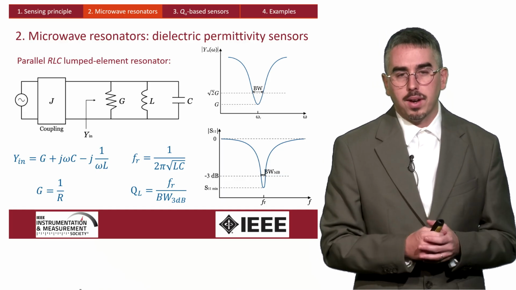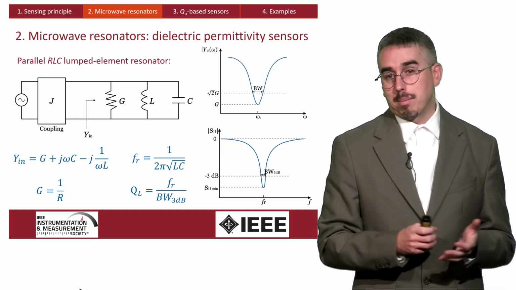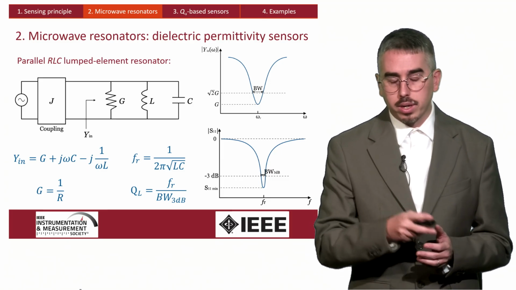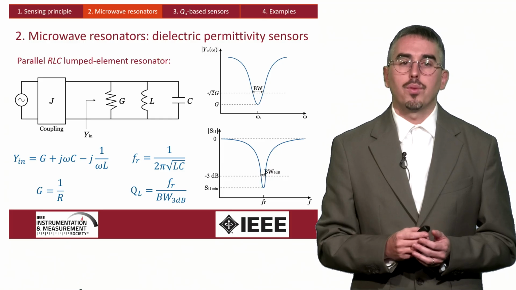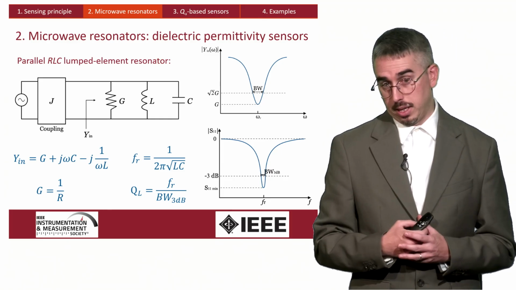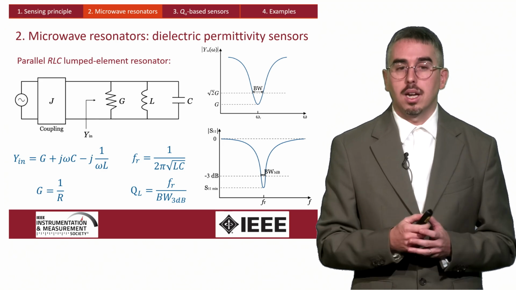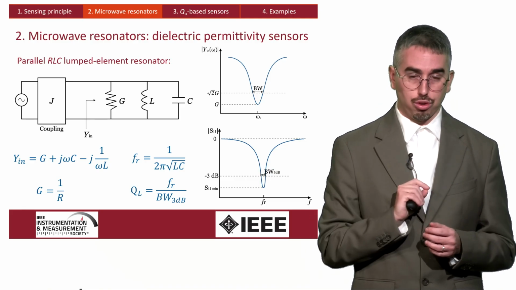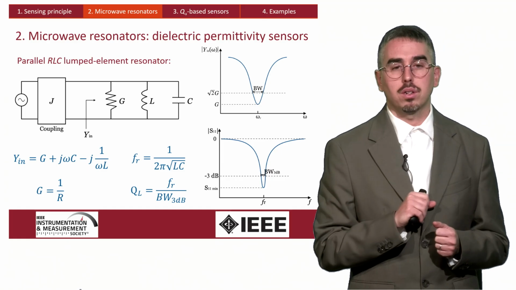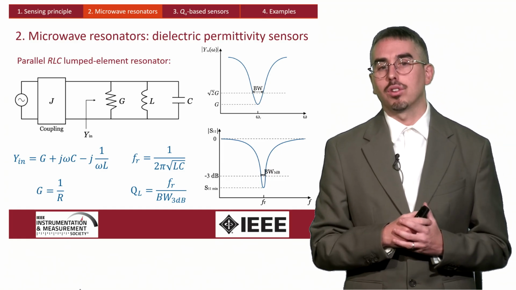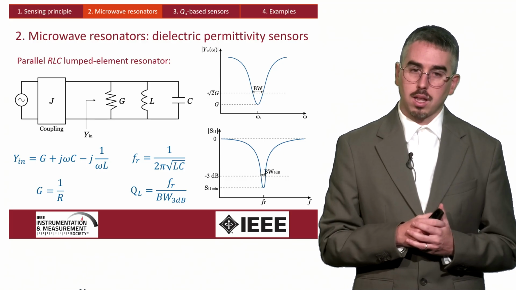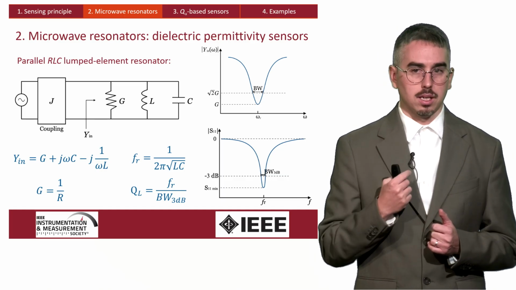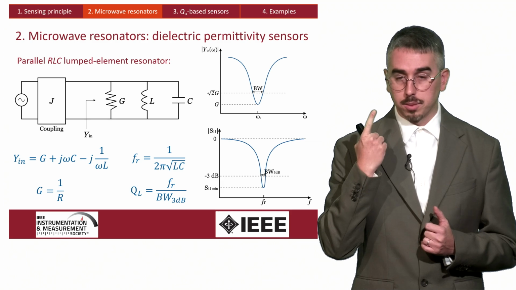Here we can see a very simplified model of a microwave resonator that can be modeled with a simple RLC circuit, either in series or in parallel. Here we can see the model in parallel. If we analyze the input impedance or input admittance in this case, we can easily see that it has a real part due to the resistance and then an imaginary part with two contributions. A positive contribution to the imaginary part due to the capacitance and a negative contribution to the imaginary part due to the inductance. Both contributions depend on the angular frequency,